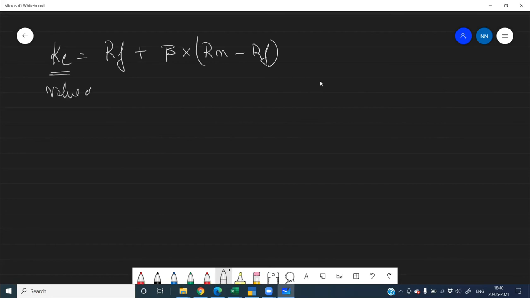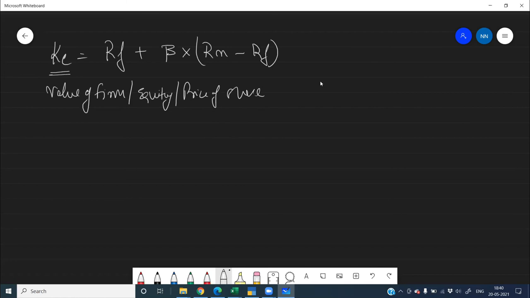Say for example हम लोग ने एक फॉर्मूला पढ़ा था कॉस्ट ऑफ इक्विटी में, RF plus beta into RM minus RF. Remember that we have studied this. Yes sir, ये तो रट गया है. So this CAPM model we have studied, and what you saw is that everywhere the discounting also what we did, we did with KE only. Whenever we were calculating value of firm or equity, जब भी हमने calculate की price of the share, हमने cost of equity use किया, correct?